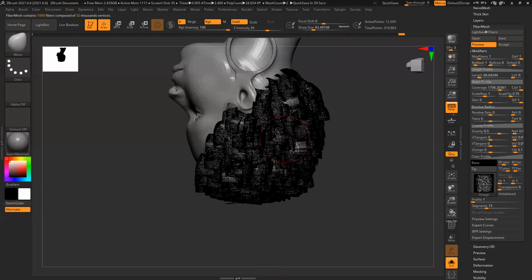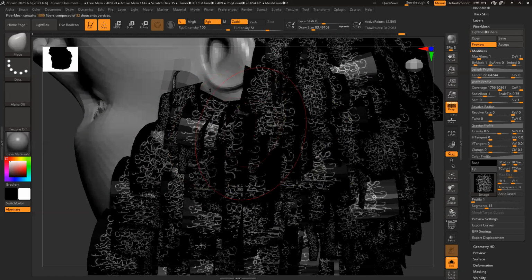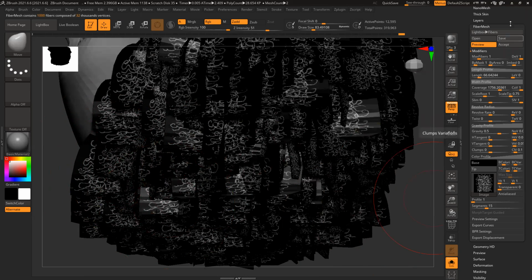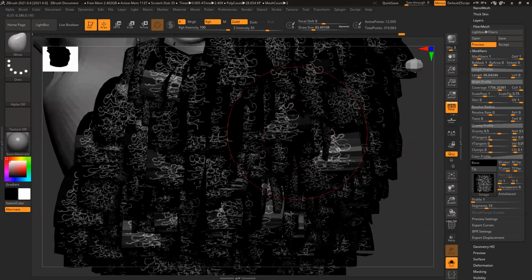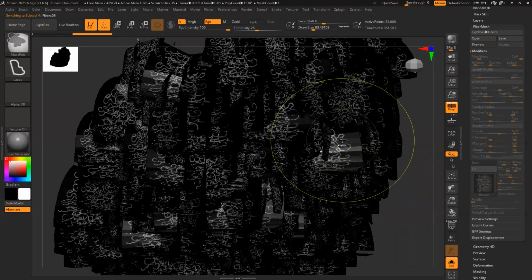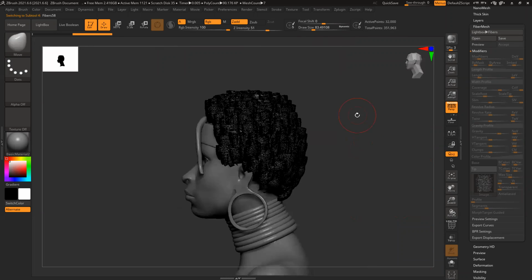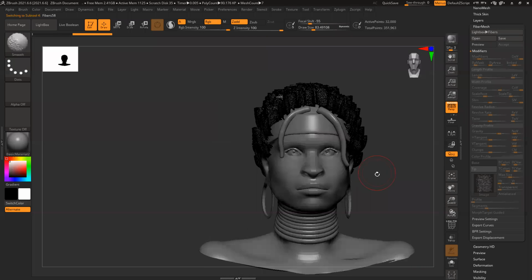But alpha is not visible here, but at least I can see my texture randomly generated. Suppose now I'm happy with this, except now I have to groom this here.